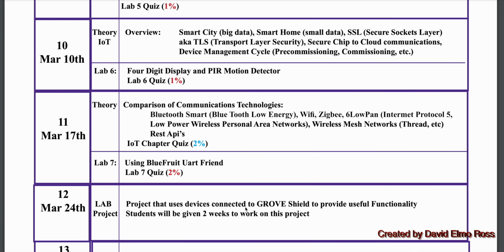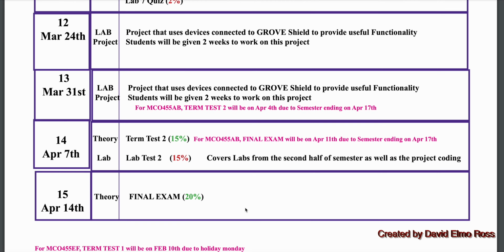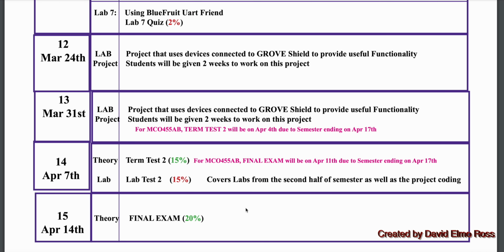Now you'll see as we go down through here, because of other strange things in our course, such as our course ending on a Thursday, not on a Friday, that the MCO455AB, which is a Friday class, term test 2 will be on April 4th, which is this week, due to the semester ending on April 17th. And that means instead of having their final exam on this week here, it's going to be 1 week earlier